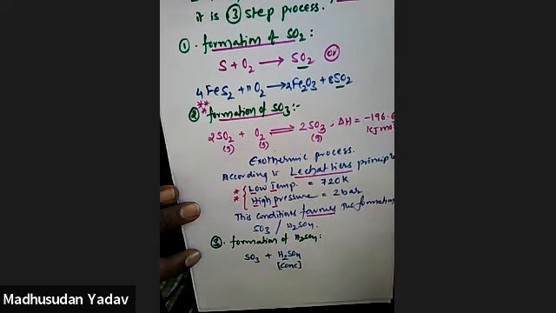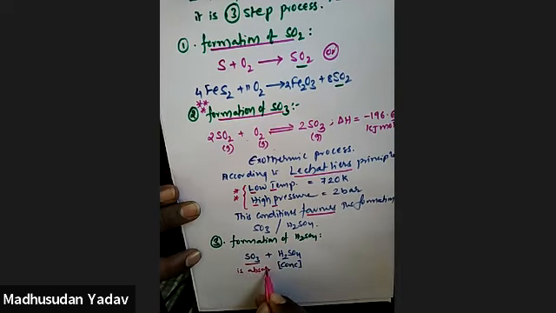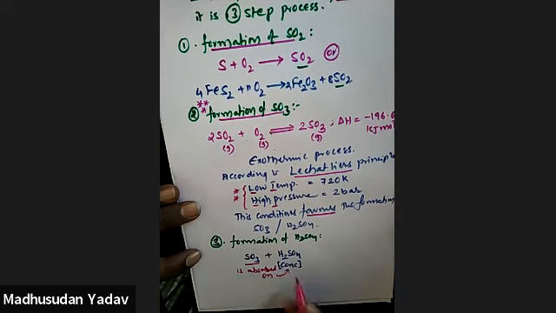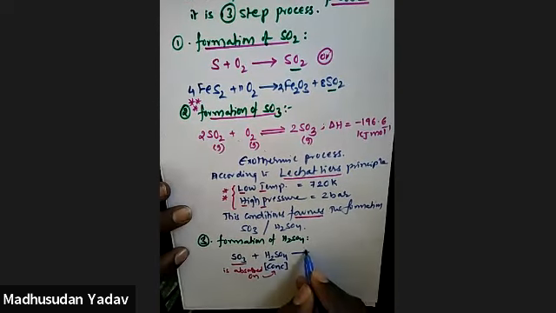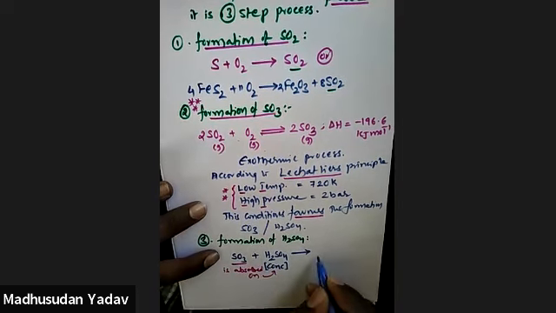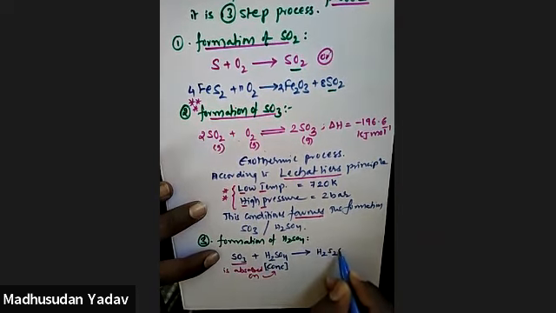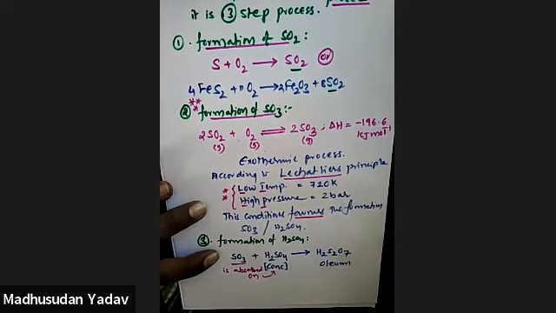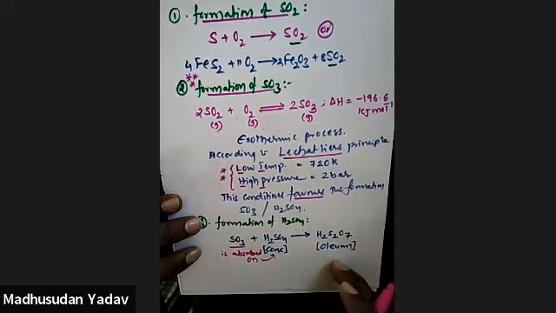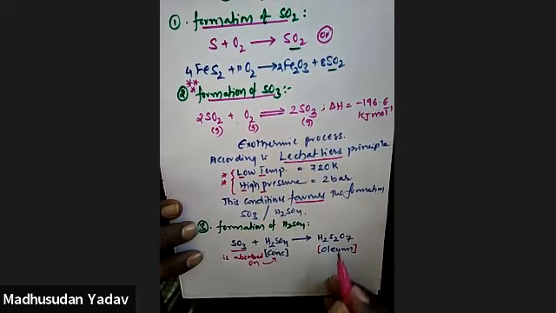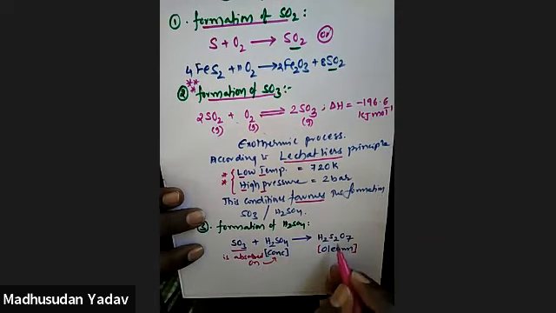Okay. This SO3 is absorbed on concentrated H2SO4. Now combine this, what are you going to get? H2S2O7. What is the name of this formula? Oleum. So you are going to get oleum. So why am I doing this? The SO3 you are getting, on combining with the concentrated sulfuric acid, you will get H2S2O7.